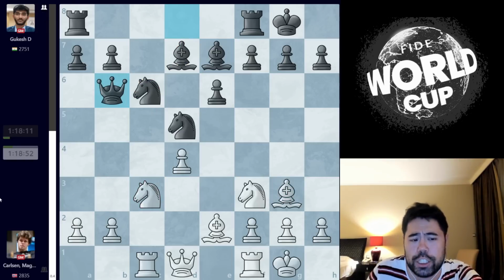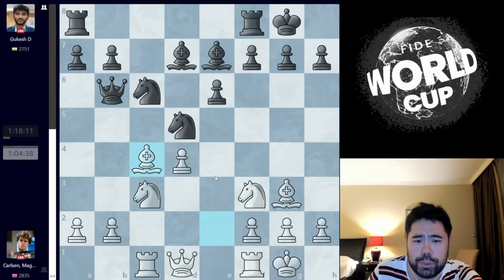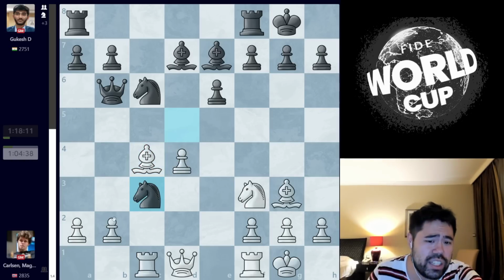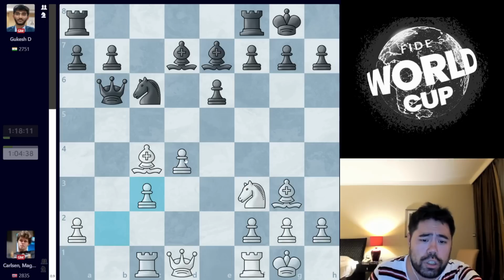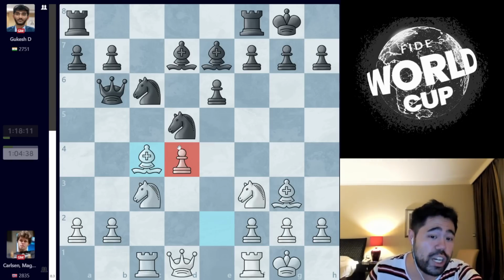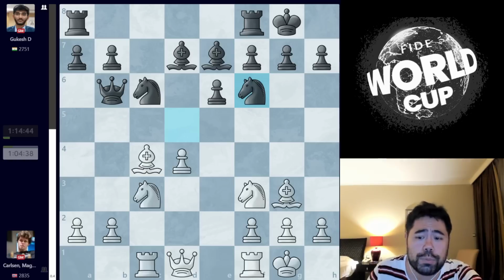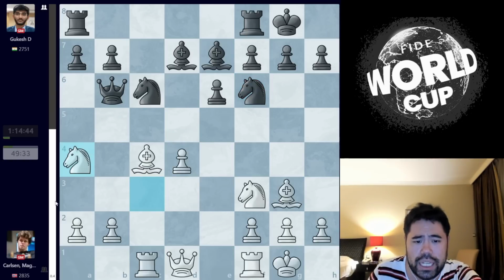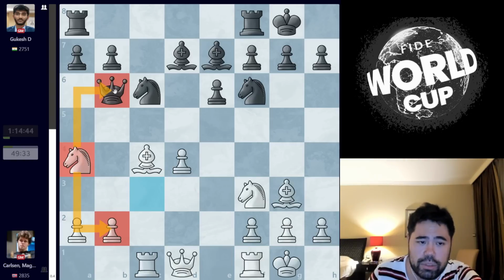So, here Gukesh plays queen b6, Magnus plays bishop c4, an excellent move asking Gukesh what are you doing with your knight in the center of the board. Now if Gukesh were to trade the knights, he actually helps White's pawn structure because the pawns on c3 and d4 guard each other, whereas here this pawn is an isolated weakness. So Gukesh doesn't want to do that, A, because it helps Magnus improve the pawn structure, but it also trades off pieces. So Gukesh plays knight to f6, and Magnus goes knight to a4, guarding the pawn on b2, but also attacking the queen at the same time.